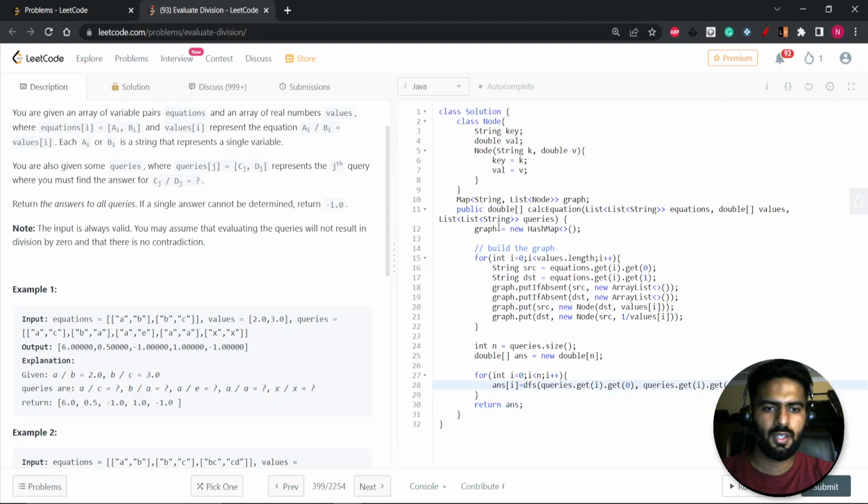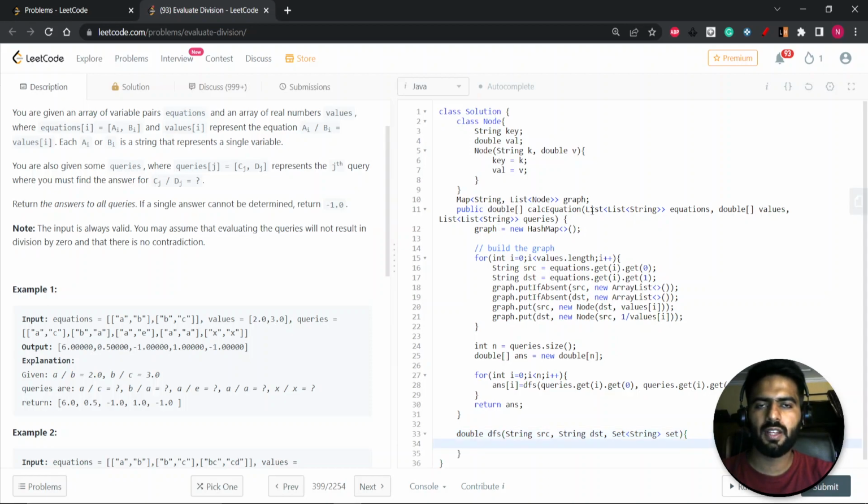Okay, so I think this looks good to me. Yeah, so let's write the double DFS implementation. This will take source string, destination string, and a set of string. So the first step is to check whether this source or destination is present in our graph or not. If it is not present, that means we can't find a path between them. So we just check if graph dot contains key